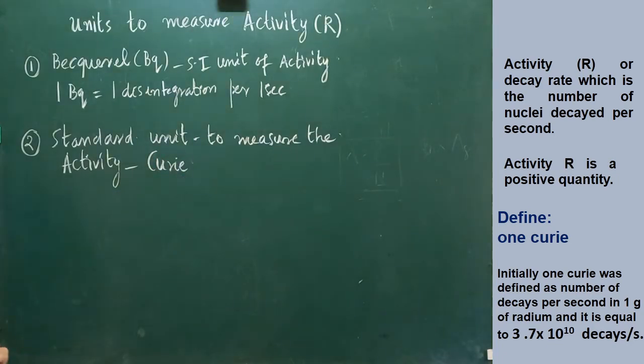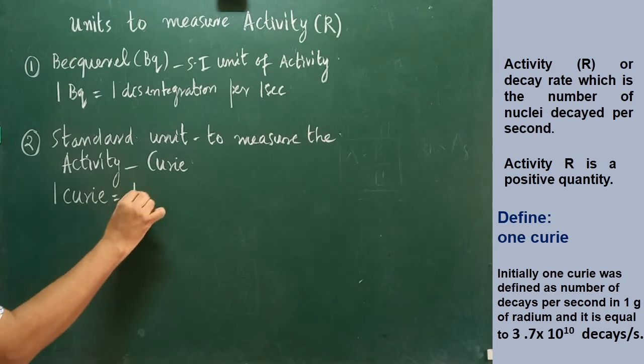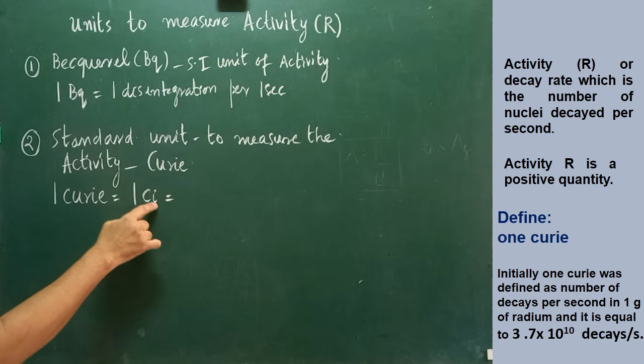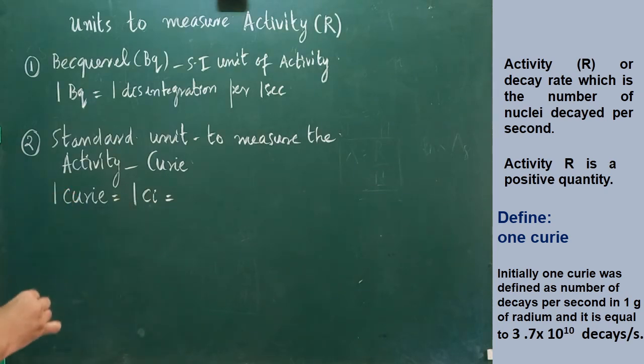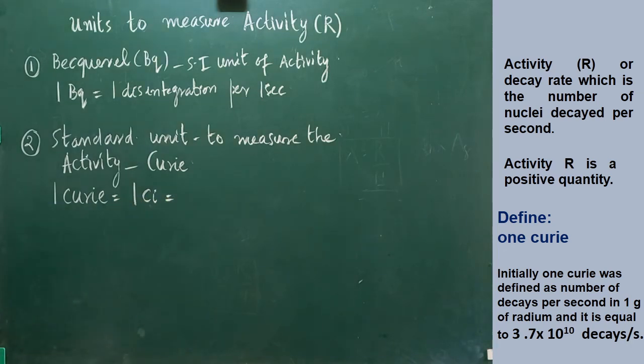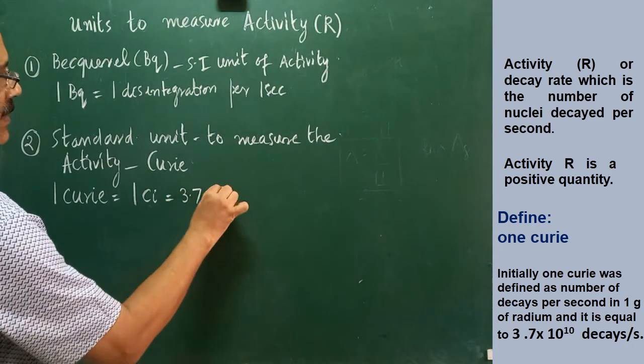Now we have to learn what is 1 Curie. The Curie definition will often be asked in the examination for 3 marks. You should know what is 1 Curie. 1 Curie is simply written as 1 Ci. The short form of Curie is Ci. To honor the scientist Madam Curie, we are using this unit. 1 Ci is equal to, there is a specific value which is given in the textbook, 3.7 into 10 to the power of 10